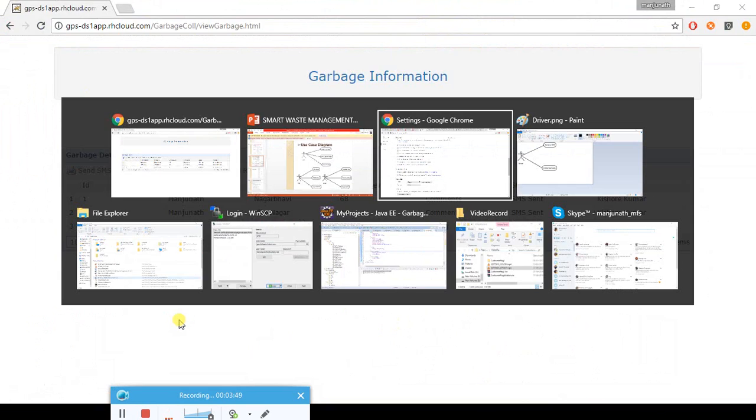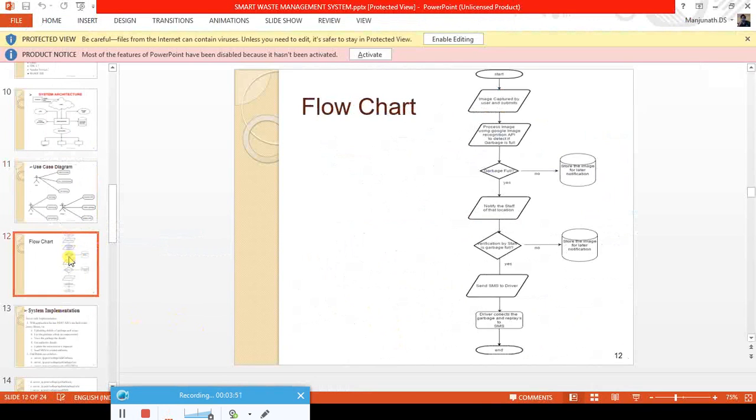Driver will be receiving the SMS, collecting the garbage, and doing that job. You can also explain the basic way through the flowchart, which says that the user will capture the image and click submit. In the back end, it reaches the server, and the server does some processing of the image. If they ask anything more on how the image processing is done, explain that the server connects to the Google API, and the Google API returns the level of the garbage.